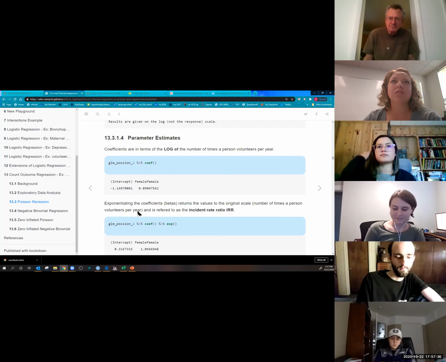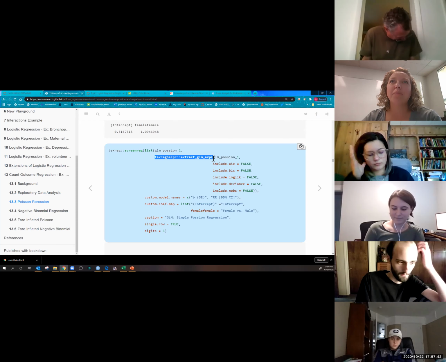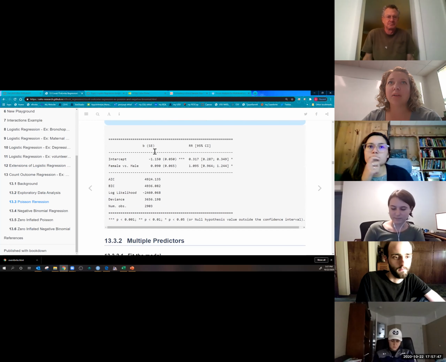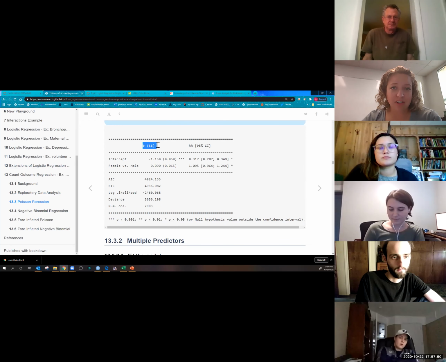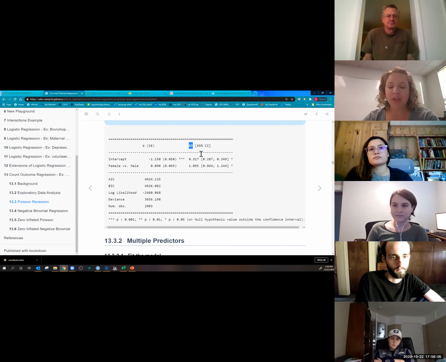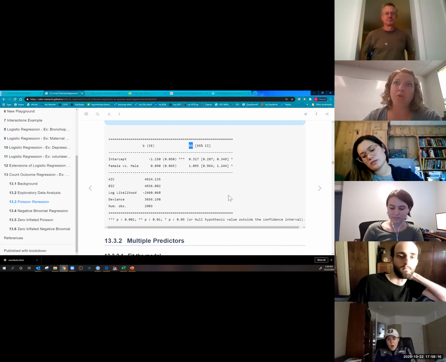Let's see. Okay, so the TechReg helper function works here too. Now, I want you to notice down here in the table, here are the betas and the standard errors from the model, that -1.15 and +0.09. Those are on the log scale. If we exponentiate, it puts it on a RR, a relative risk scale. And this is something I want you to focus on when you're reading Hoffman: how do you interpret this risk ratio, and how is that different than an odds ratio or a proportion for that matter?